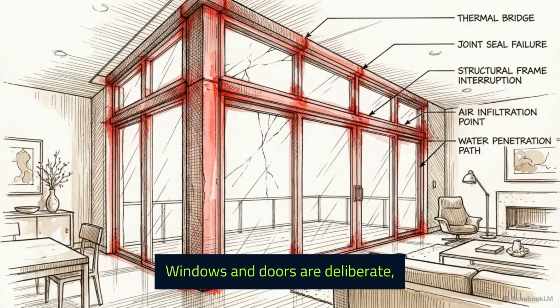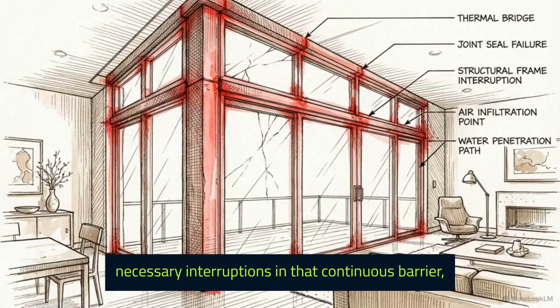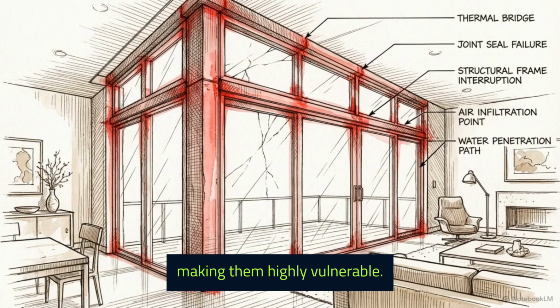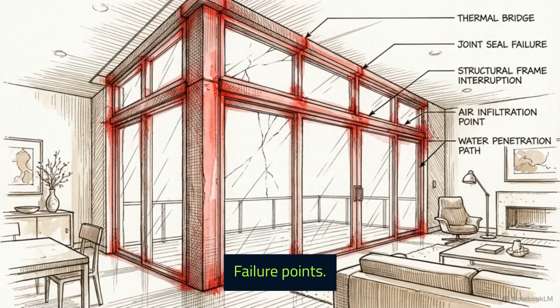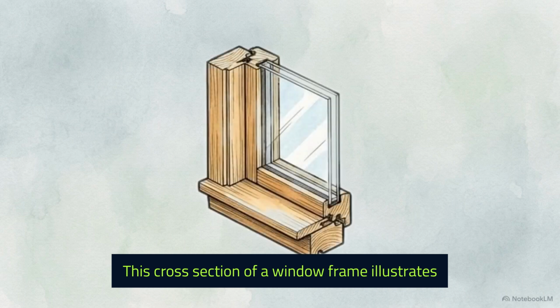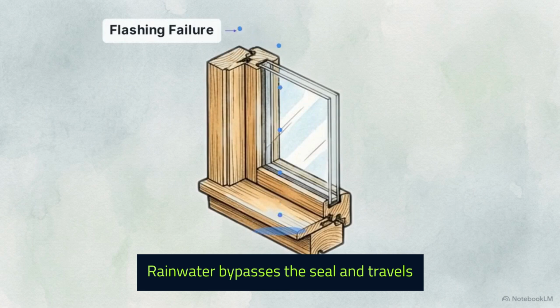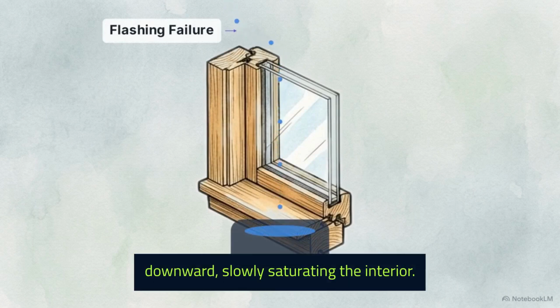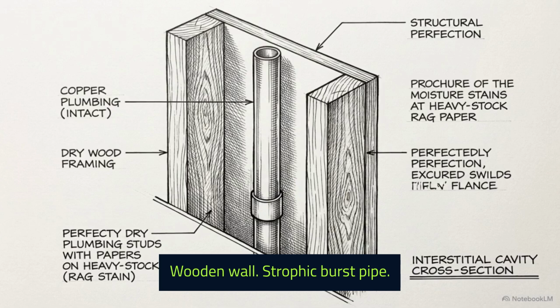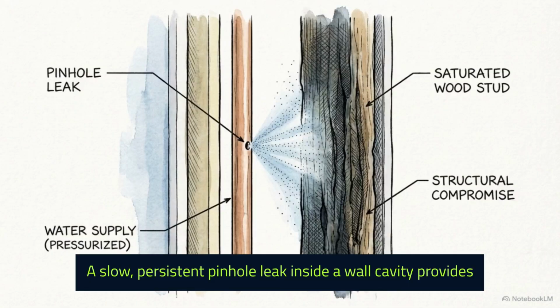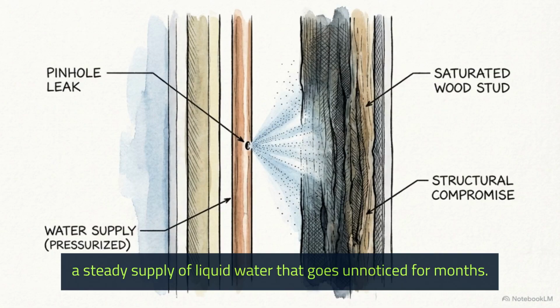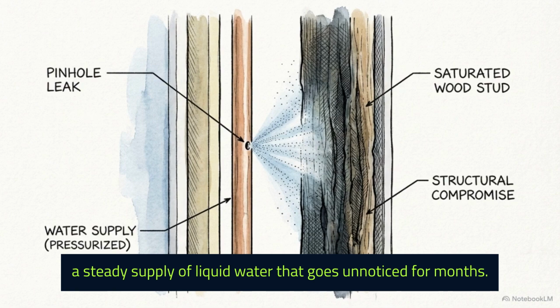Windows and doors are deliberate, necessary interruptions in that continuous barrier, making them highly vulnerable failure points. This cross-section of a window frame illustrates what happens when exterior flashing fails. Rainwater bypasses the seal and travels downward, slowly saturating the interior wooden wall studs. A slow, persistent pinhole leak inside a wall cavity, unlike a catastrophic burst pipe, provides a steady supply of liquid water that goes unnoticed for